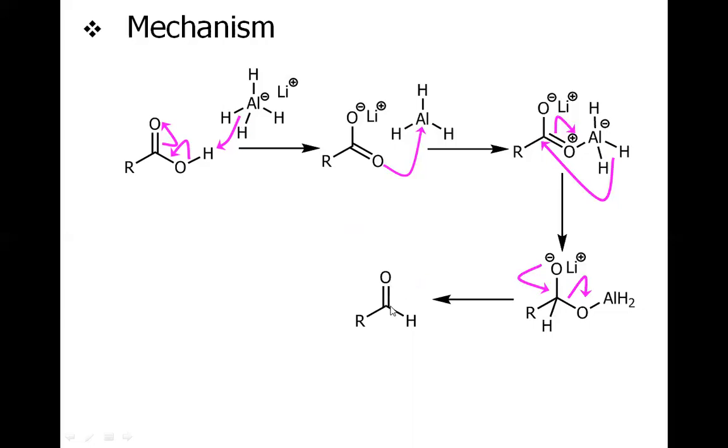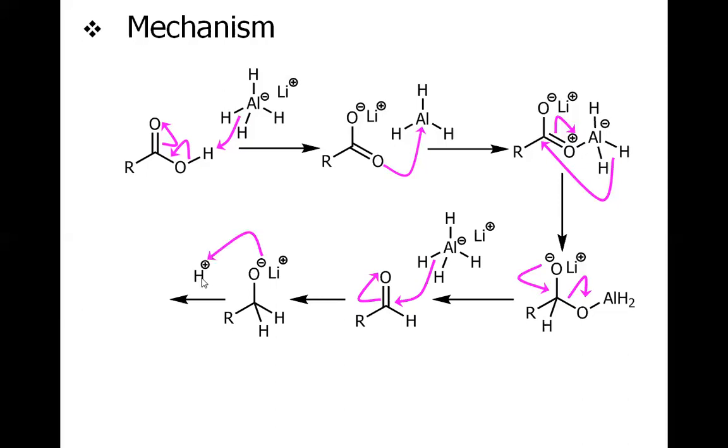Anyway, we have got the aldehyde, and remember, the reaction will not stop at this level because the aldehyde is very reactive. So the lithium aluminum hydride which is present in the system will attack this aldehyde, and from here we have the same mechanism which we discussed for the reaction of aluminum hydride with aldehydes to form the primary alcohol. So this hydride will attack the carbonyl carbon, and we have this oxyanion formed, and upon workup we have the primary alcohol. So how many equivalents are to be used?